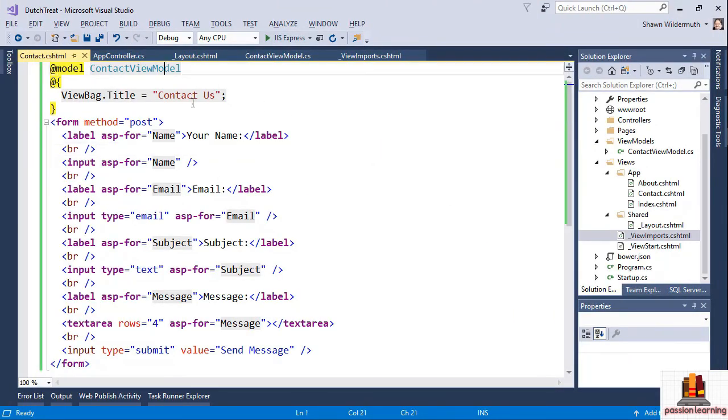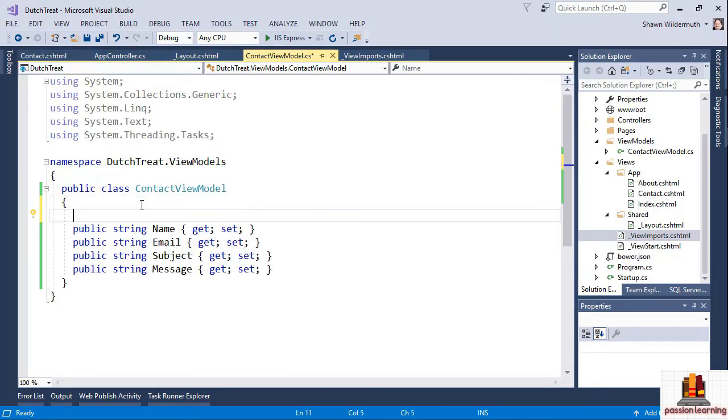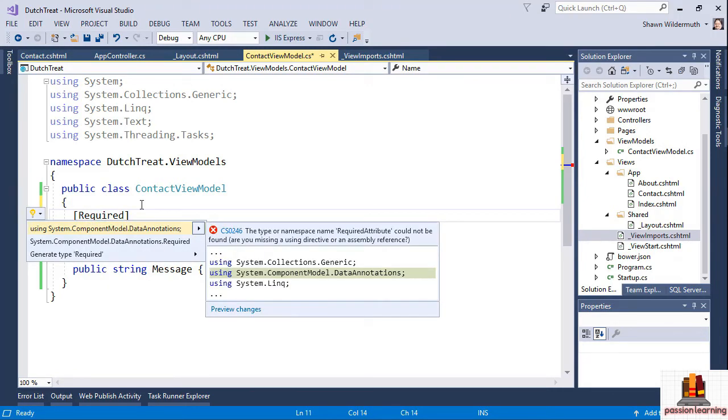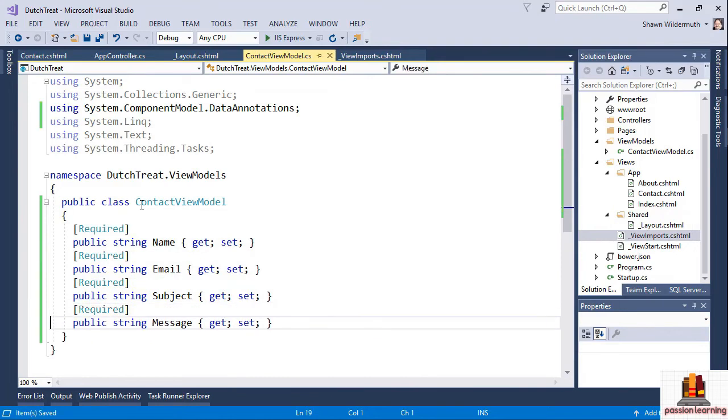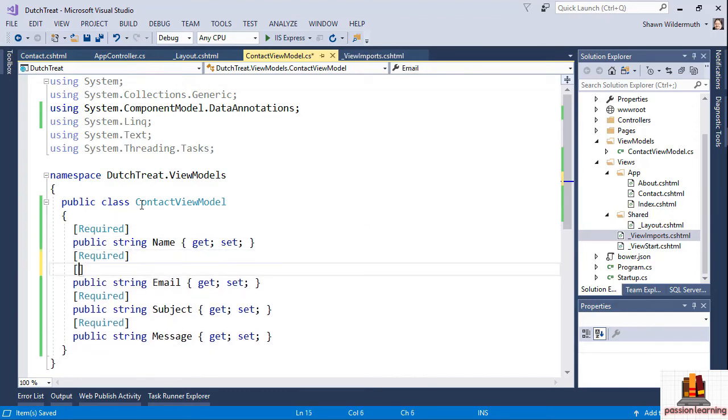So now let's look at how MVC handles validation. Back in Visual Studio, let's go ahead and open up that ViewModel class. And let's tell the ViewModel class that we want to hint about the requirements for certain properties. So I can actually add an attribute called Required. And if we resolve the namespace, we can see this is in System.ComponentModel.DataAnnotations. And that's going to tell the system that, in our case, all 4 properties are required when someone is sending